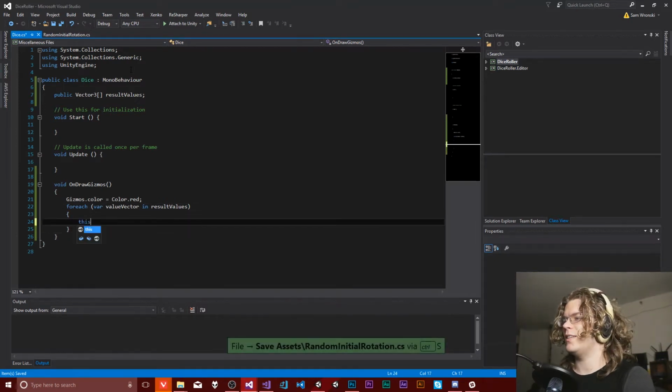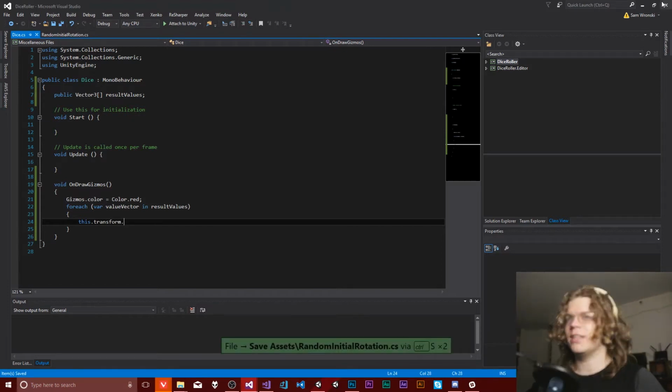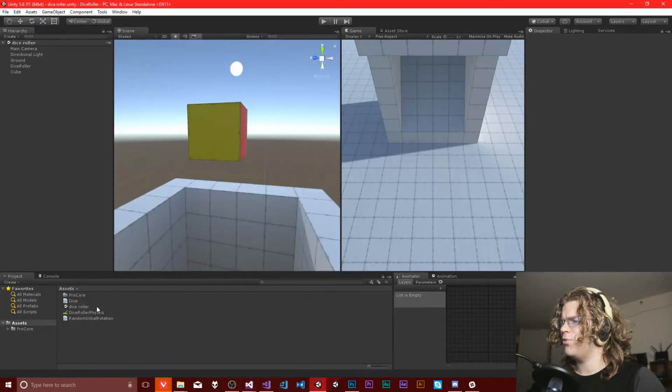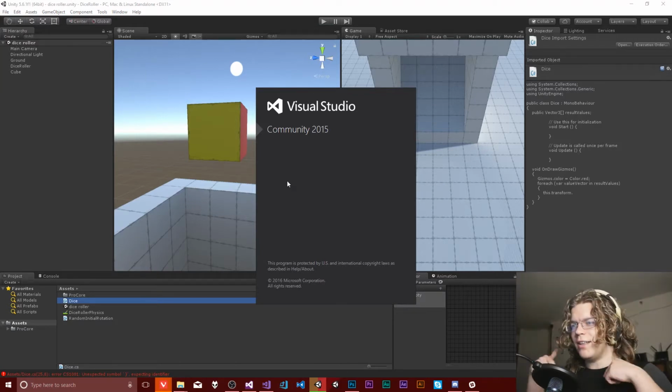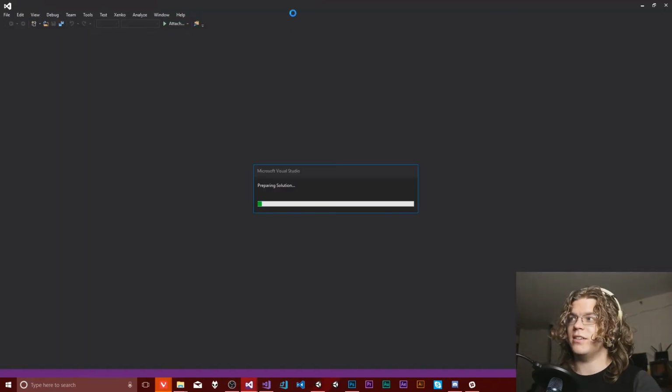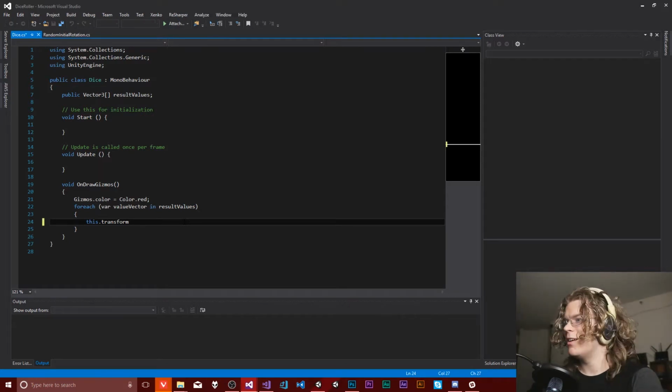What we need to do is take this dot transform, and I'm going to get IntelliSense back for this. I don't know why it keeps going away. It's sort of a weird thing. I don't know if it's a Visual Studio or a Unity thing. It seems to be related to recreating the solution every time we change something. I don't know who needs to fix their stuff, but I don't know how to fix it. So I just restart. Anywho, once this decides to respond again,